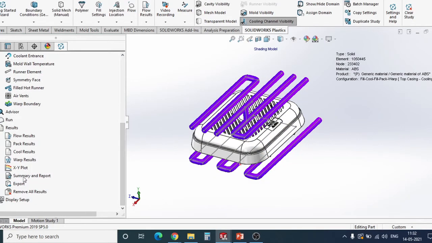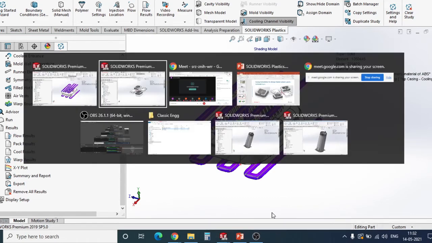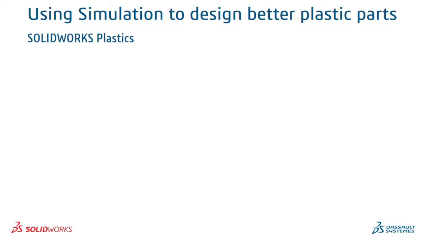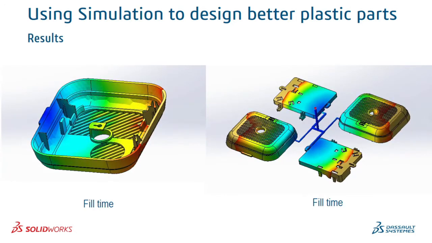And finally, you can extract a report out of it, right? So all the settings, the results, material properties will be saved in the standard report formats. Correct? So moving ahead, these are a few results that I have just taken the video out of, and you can use it for your other internal purposes for sharing in other departments.